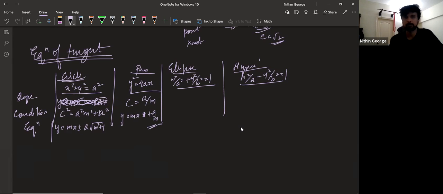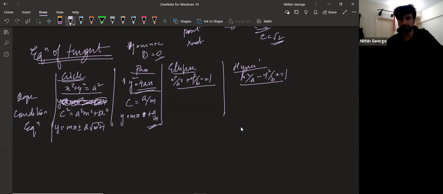Okay. So what you do is you have y equal to mx plus c and y square equal to 4ax. You solve the parabola and the line together. So you write it as mx plus c the whole square equal to 4ax. And then you get a quadratic in x. You understand that the quadratic will have one solution only because it is tangent. The quadratic having one solution means d equal to 0. Put d equal to 0, you will arrive at this condition: m square c square equal to a square. That is what you will exactly get. Okay. So from there, you can conclude that c is equal to a by m. You get this equation of the tangent for the parabola.